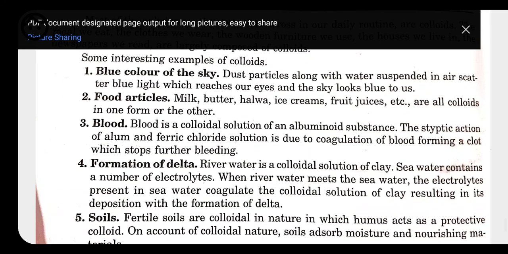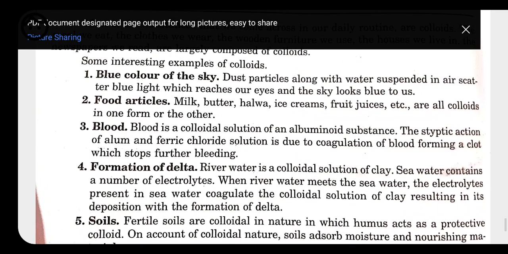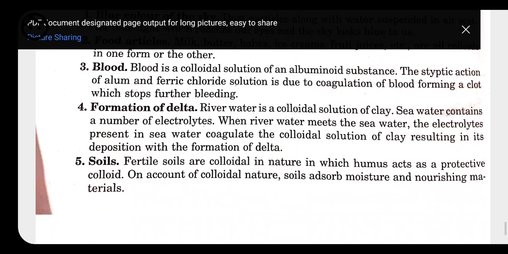Sometimes a 1-mark question may also be asked from this section. So students, kindly go through the applications of colloidal solutions, because this is also very important. Don't think that a question would not be asked from this section. Just go and see the question papers 2 or 3 times; questions were asked from this section also. So don't leave any portion or anything given in your NCERT book. With that we have completed this chapter.